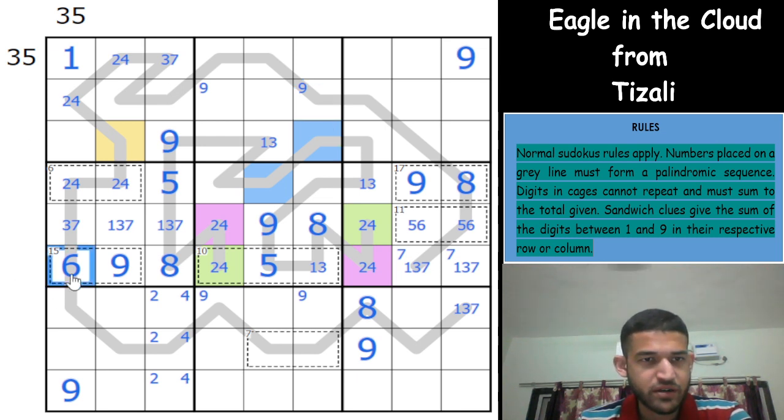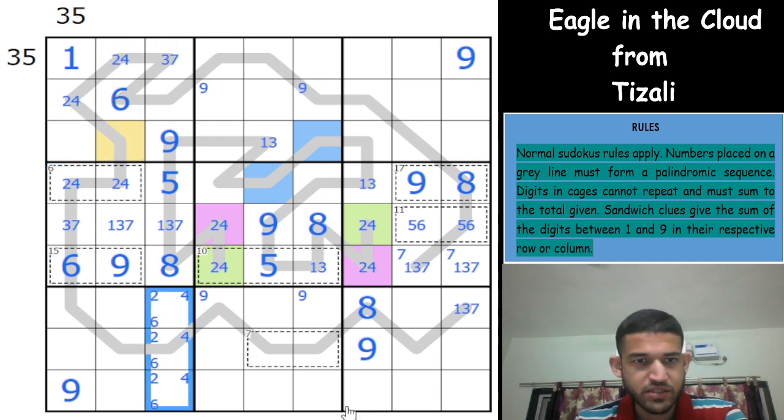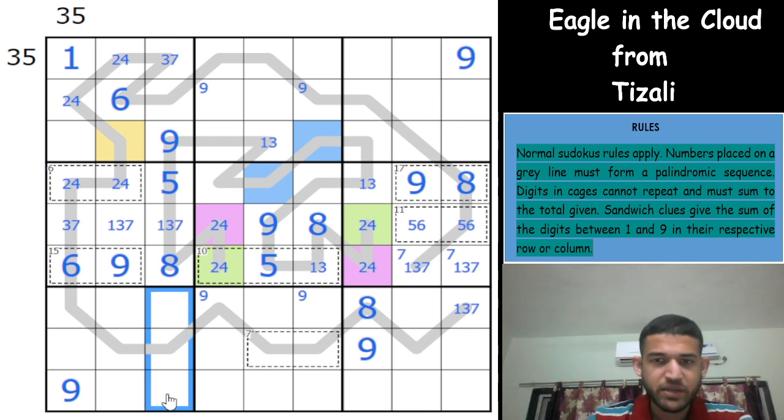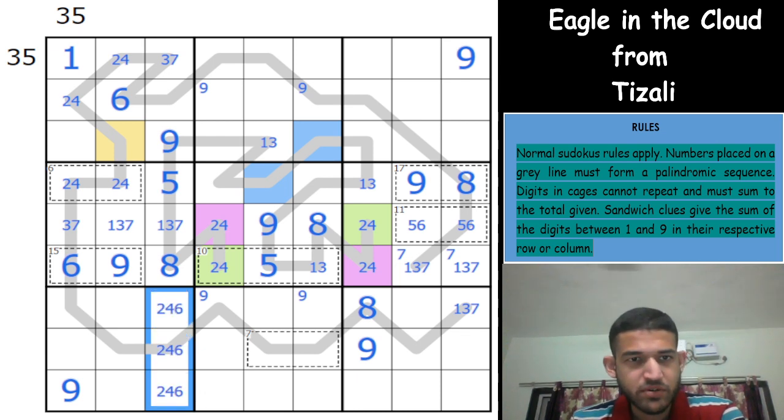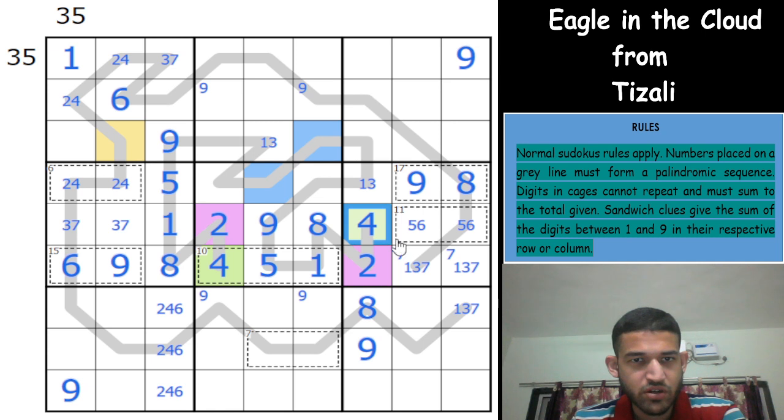Oh, I have a 6 here, which means this cell has to be a 6, right? The 4th cell from the yellow cell would have to be 6, and that gives a 6 in here using classic, so that becomes a 2 4 6 triplet, which means the 1 in this column has to go here, that's not 1, and 8 1 5, which means 8 1, so this would have to be 1, so let me put that 1 here, so that is a 4 now to complete the 10 cage, so this is 2, this is 2, this is 4, 1 goes here, so this becomes a 3 7 pair,